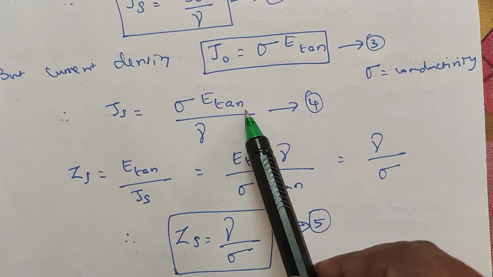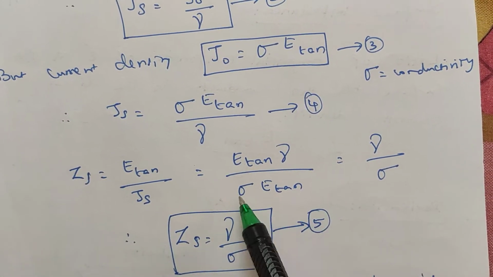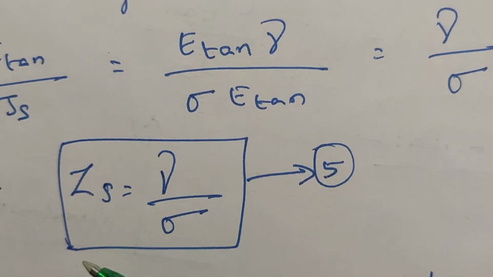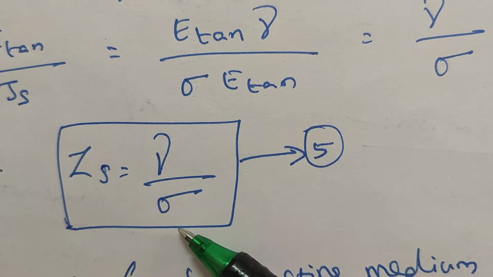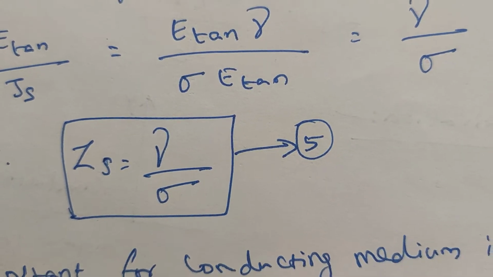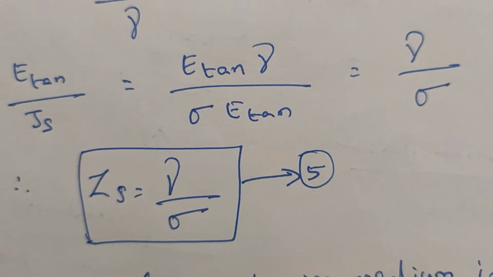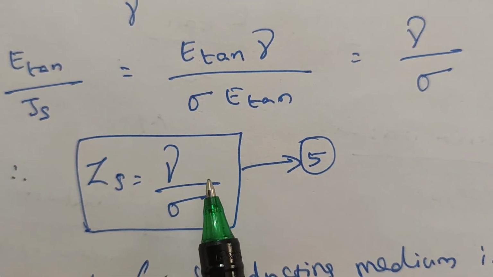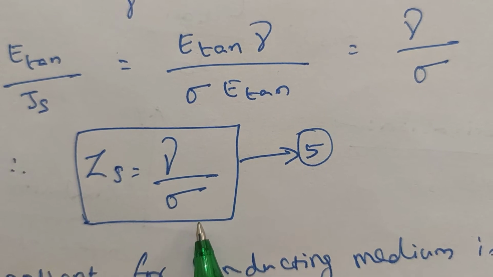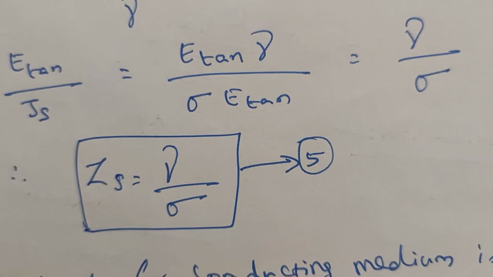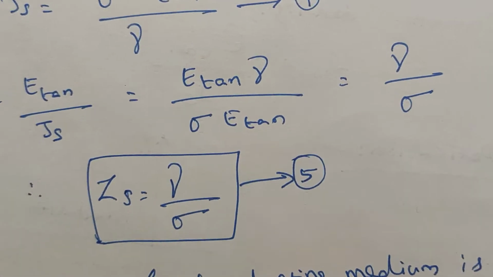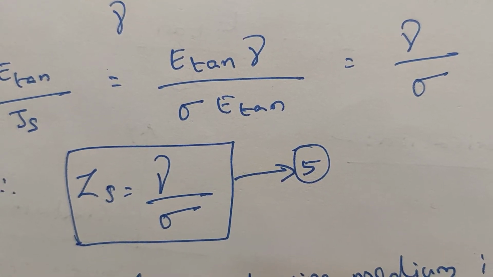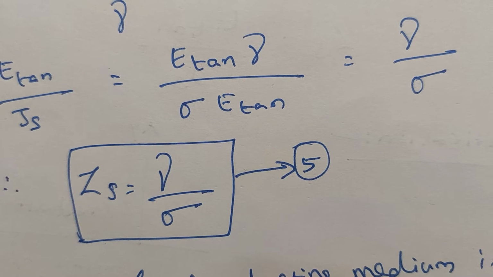Js is equal to sigma E tan by gamma. So substituting it we get gamma by sigma. That is, the surface impedance is equal to gamma by sigma. Take it as equation number 5. So we have derived the expression for surface impedance Zs, which is equal to the ratio of propagation constant by conductivity of a medium. From this Zs we can calculate the value of Rs, the surface resistance and the surface